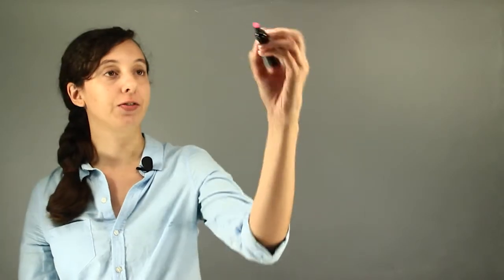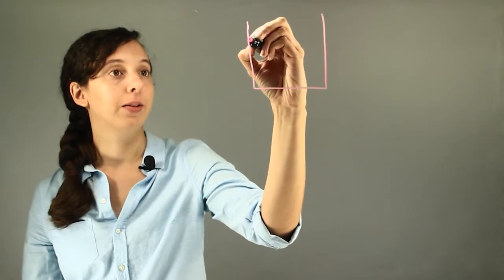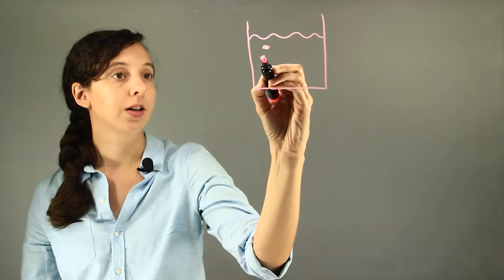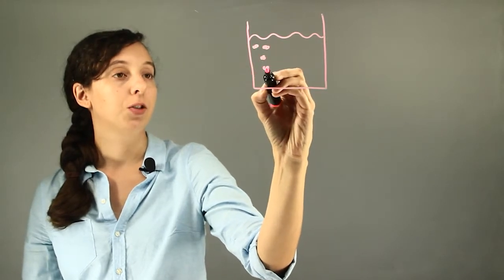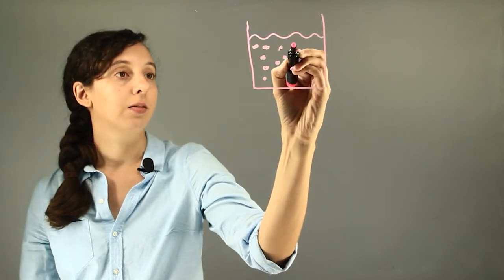All right, so let's go over diffusion and we'll start answering this question. Let's say we have some sort of liquid. We can just say it's water. And when we say we have a cup full of a liquid, what it really means is we have a bunch of water molecules hanging out